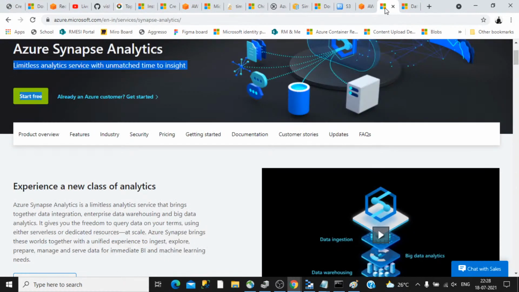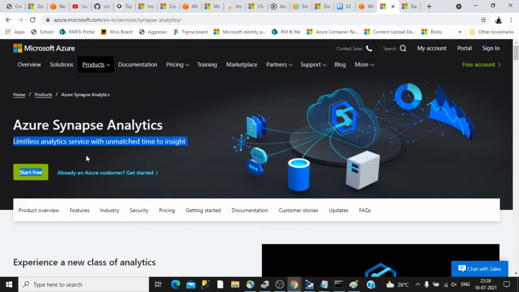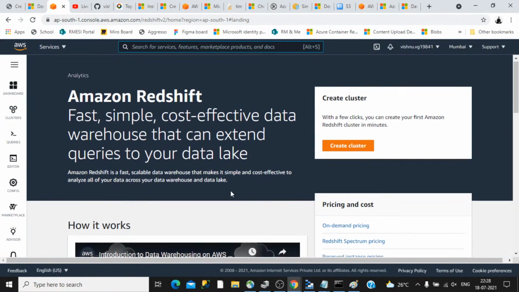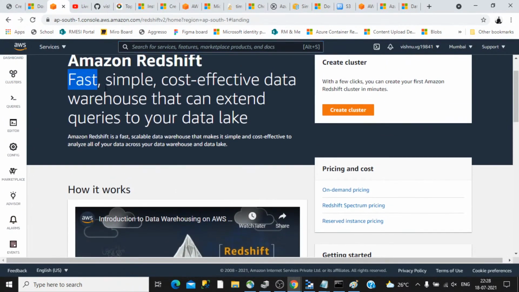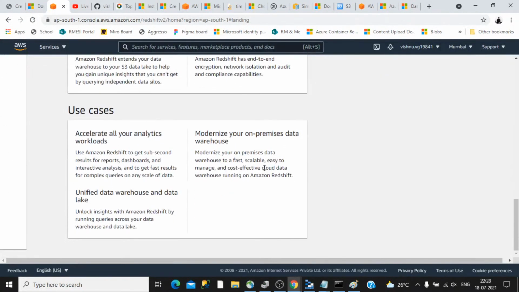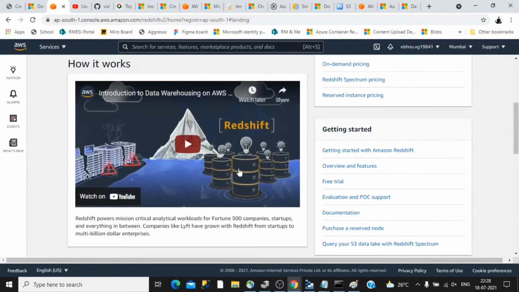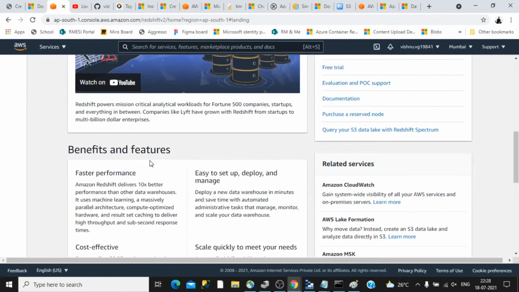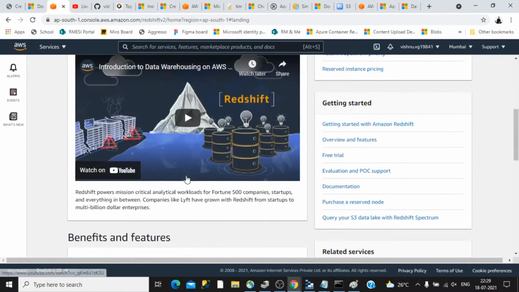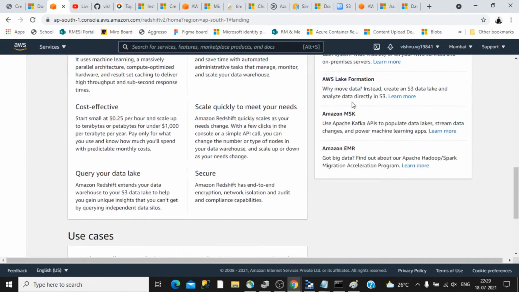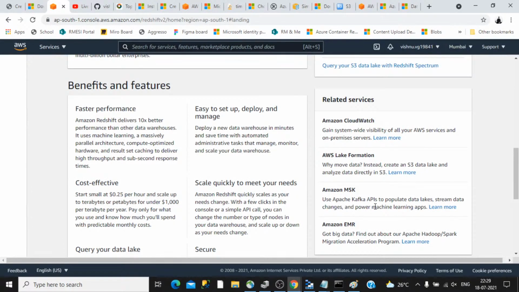We were discussing Amazon Redshift. This is a fast, cost-effective data warehouse where queries can be run against your data lake. Very interesting. All the different benefits provided by Amazon Redshift, including cost-effectiveness, and every piece of information is provided here.